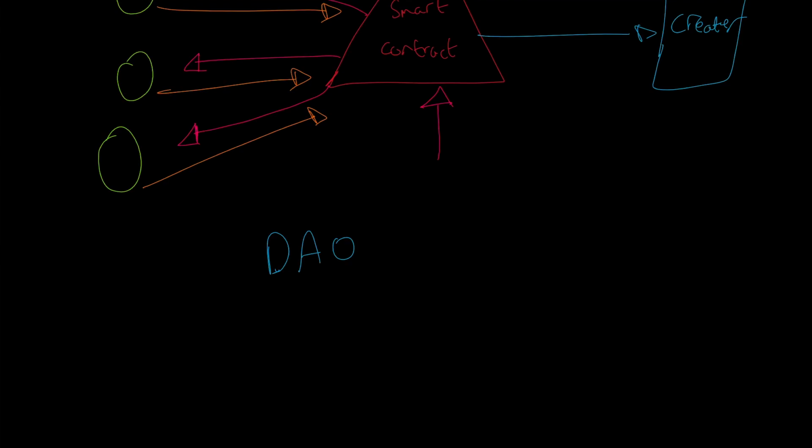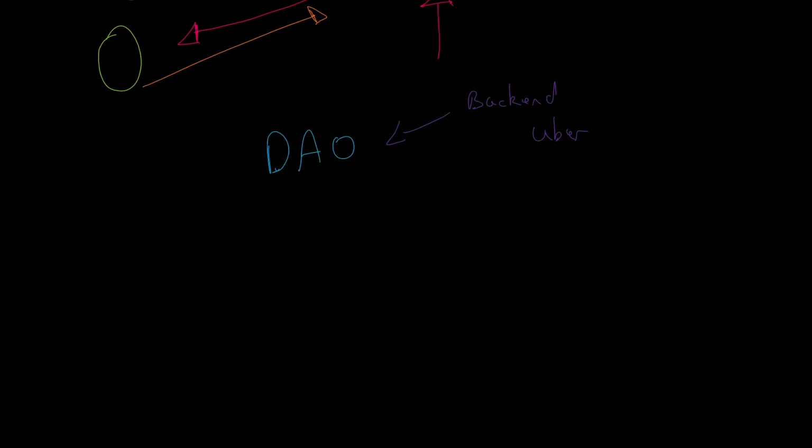So DAOs are basically smart contracts, but taken to the extreme, where you're trying to replace a huge entity like Uber and Airbnb, and using a decentralized autonomous organization, we could have this backend for an Uber-like system, and you will just have front-end